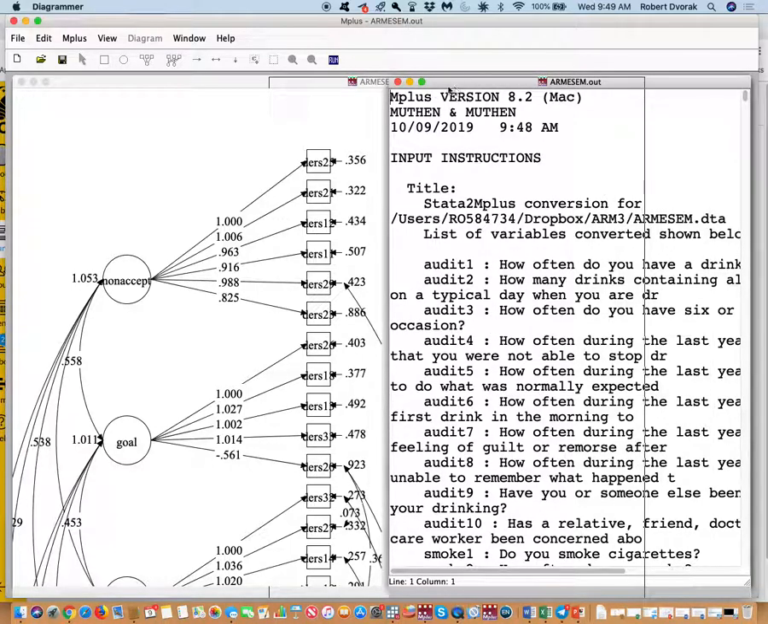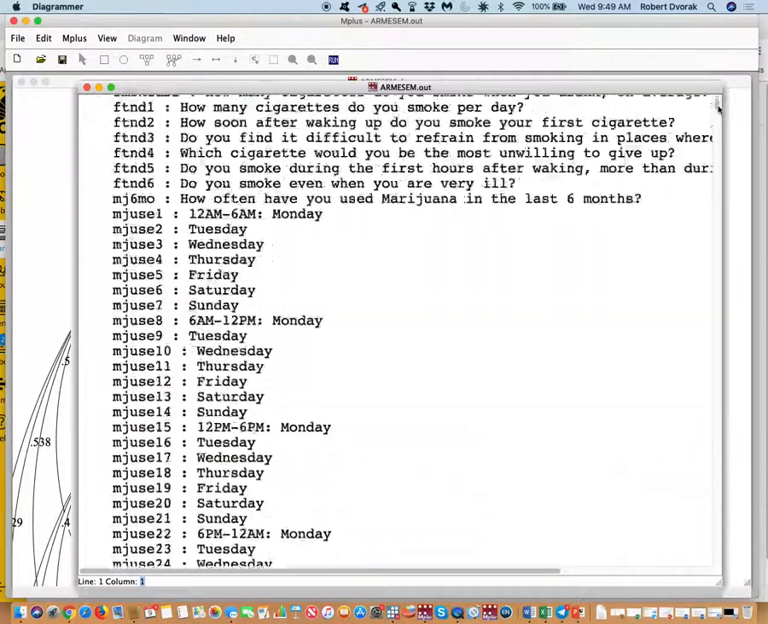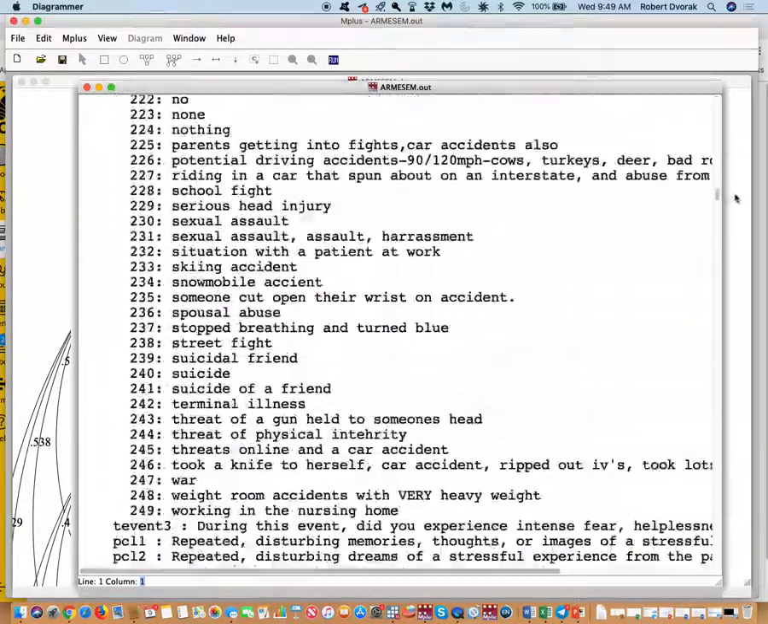Scroll down to your last error, and if your last error, actually, you know what? Scroll down and see if you've got some fit indices. If you've got fit indices, it ran. CFI might get